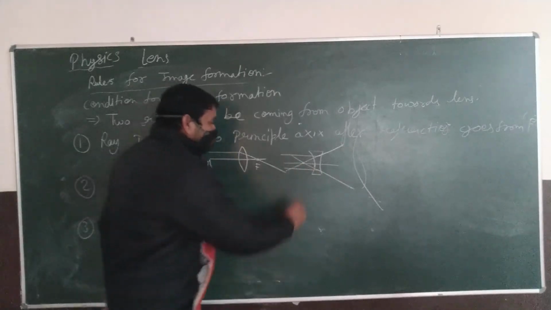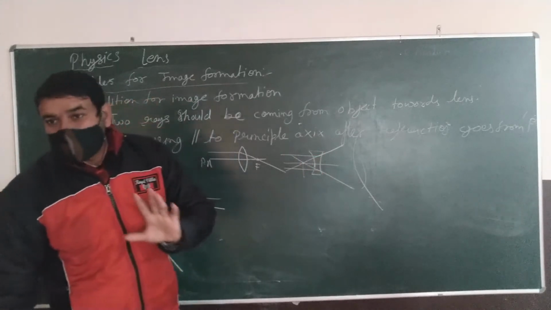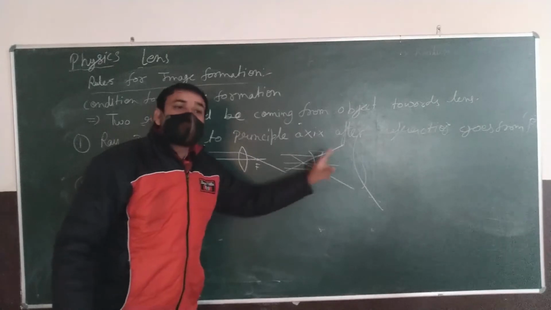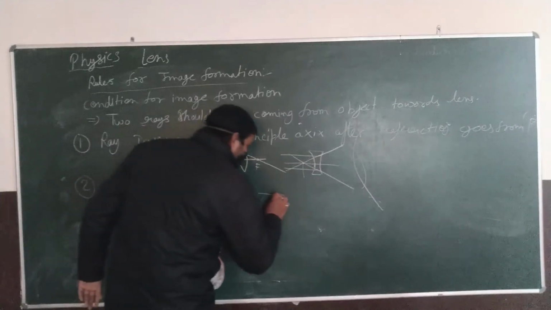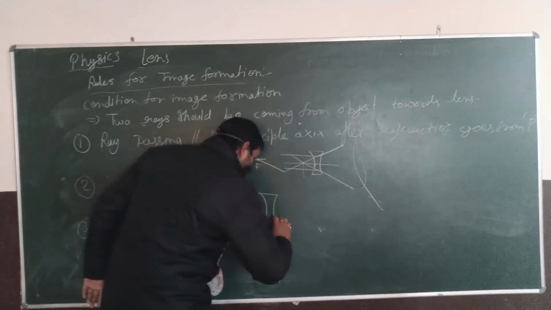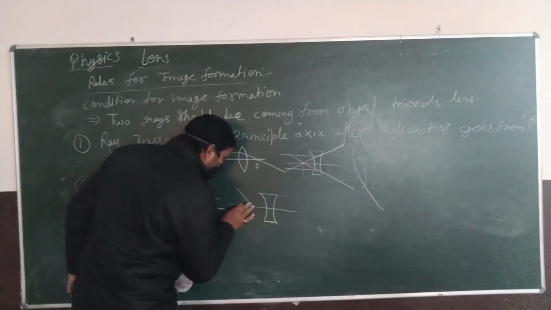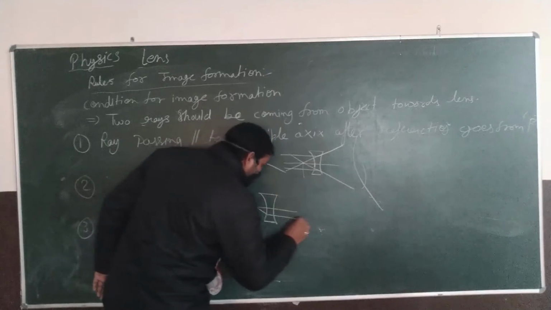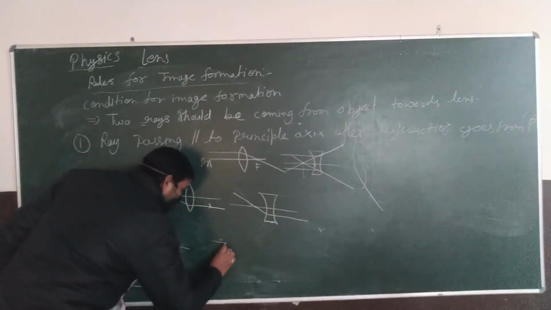So in the case of concave, it appears to come from here. The ray which is passing parallel to the principal axis appears to come from here. Now it will move from here, and for the next case,